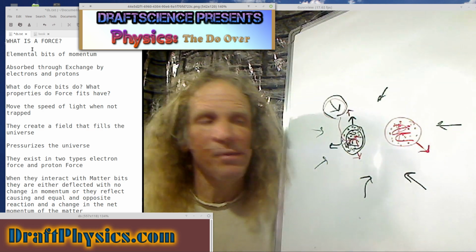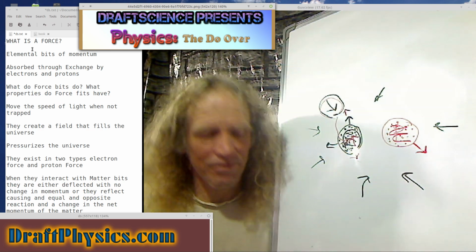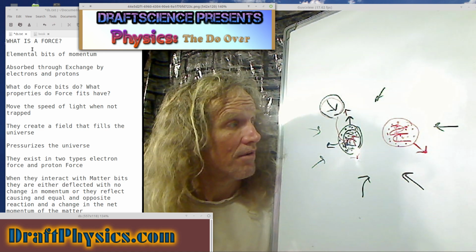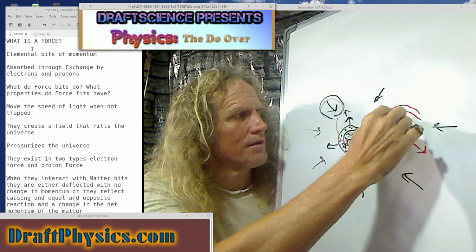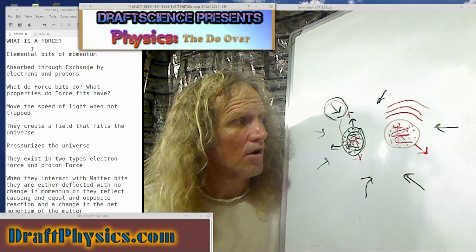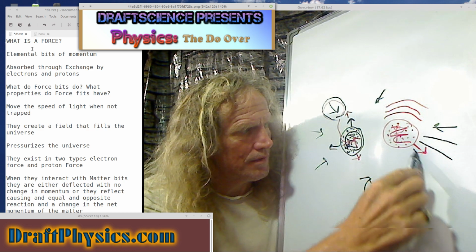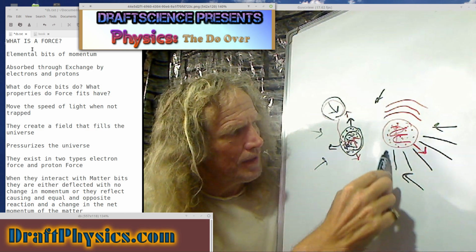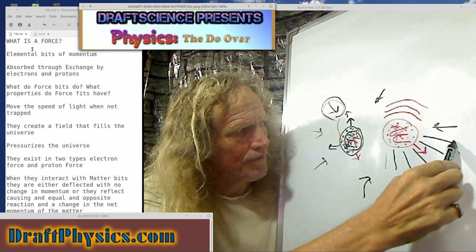Should be enough for this moment. So I could say the elemental bits of momentum. So for the etherists out there, their idea is that something creates a wave that comes off of here, and clearly by Maxwell's equations and Maxwell's drawings, what's coming off of here are rays. Little bits of momentum in discrete paths, and they create the inverse square law, because they're in three dimensions.